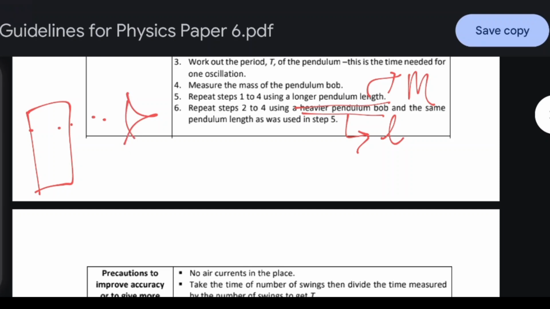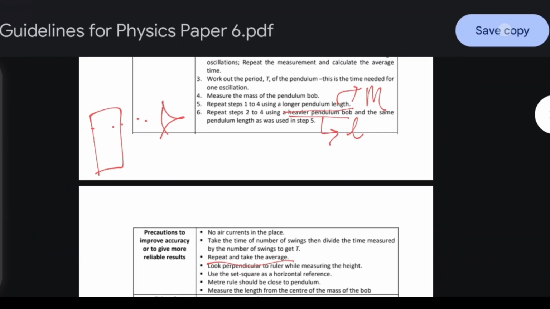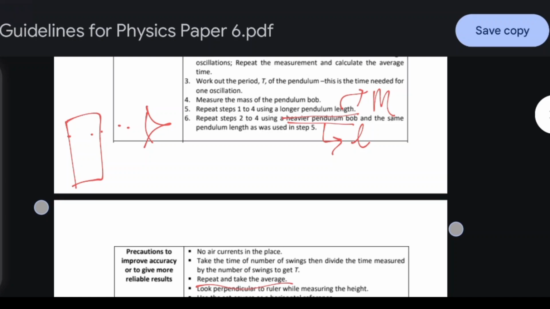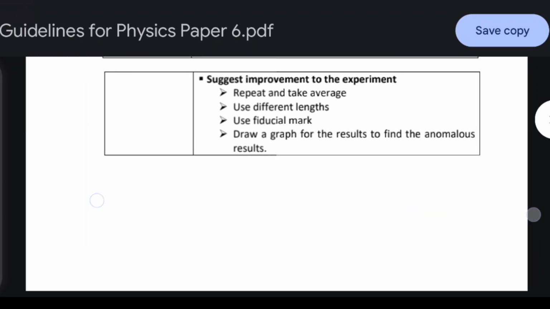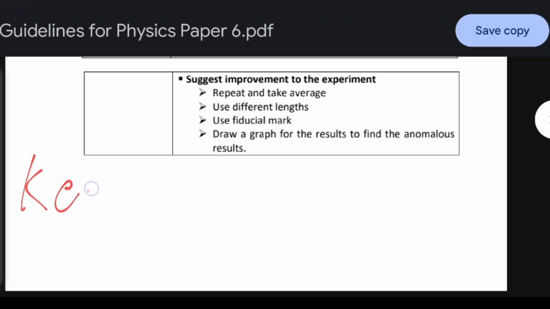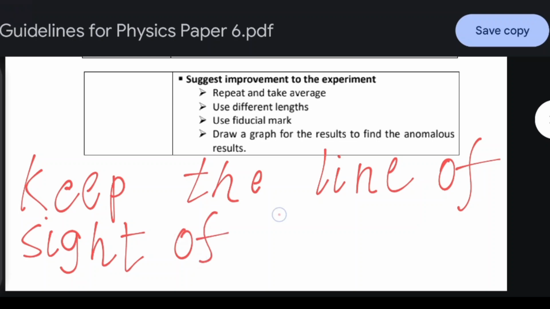Keep the line of sight of the eye perpendicular to the scale reading to avoid parallax error. Please learn this. Memorize it, or understand it as well. I'll write it here. Keep the line of sight of the eye